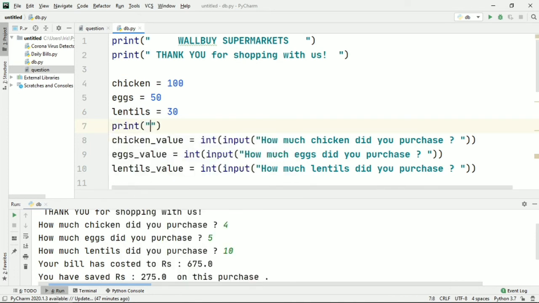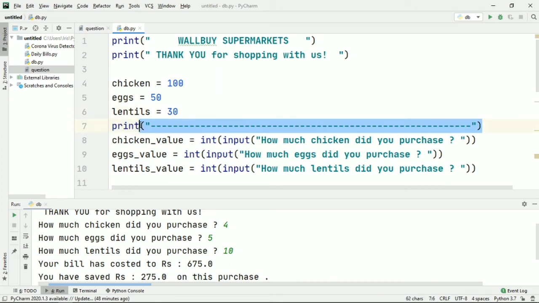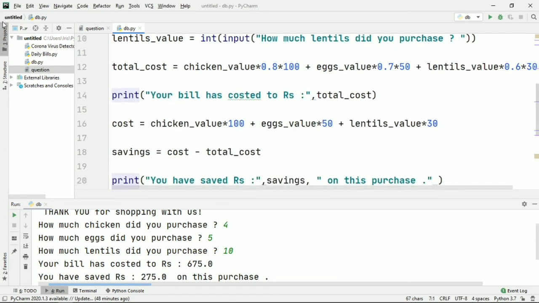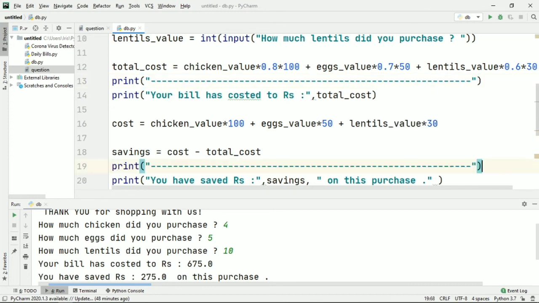This sounds pretty silly, but when you print the program, its visual appearance increases and it looks even better. So now let me print here, and finally let me print here, and that's it. I even printed it here, and now let's run our program again.